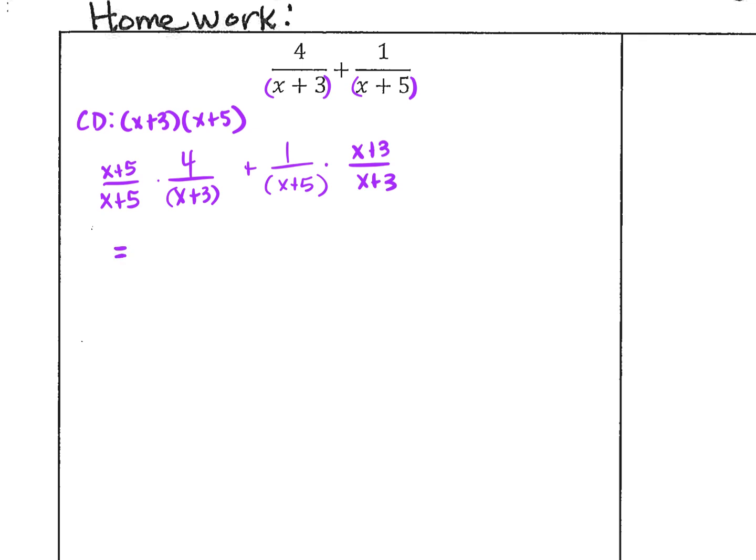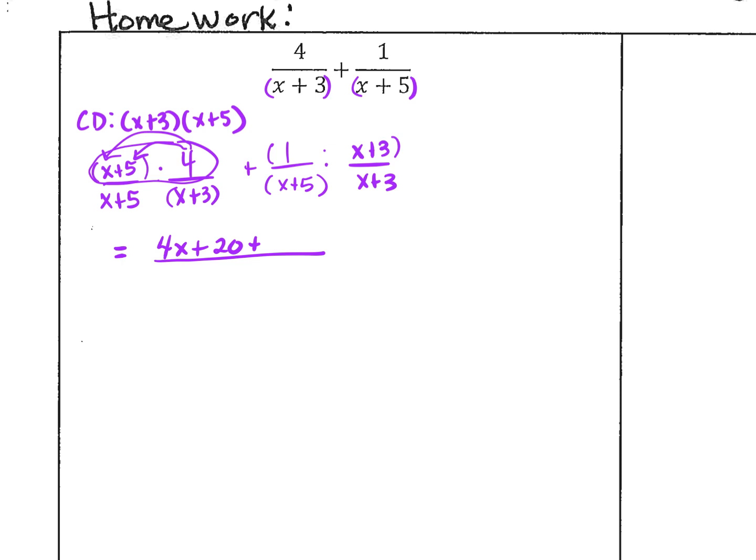All right, Wyatt. What is this going to turn into? Think about it as distribution, right? Because it's being multiplied. 4x plus what? 4 times 5. Which is what? 20? Okay. And,